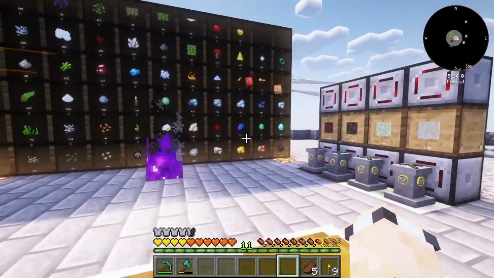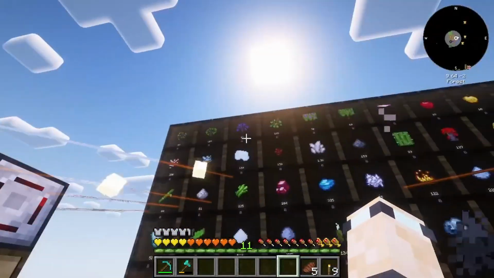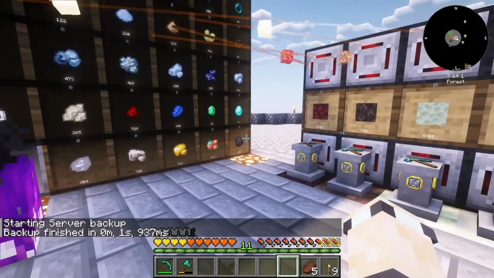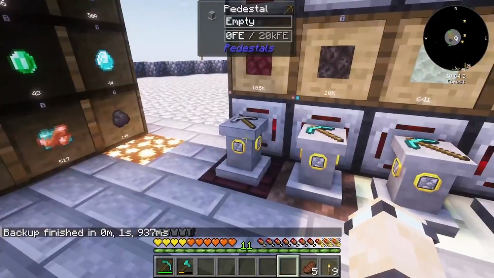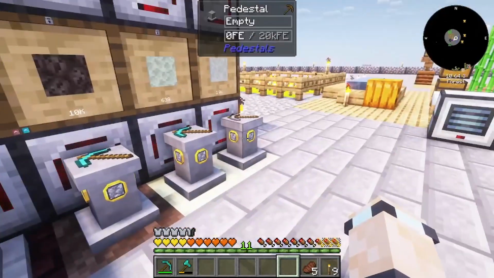Anyway, the reason we wanted obsidian is because then we can make some void upgrades for all of these. And that way, if there is any clog, it will just get rid of it. And we can, like, back up on diamonds, for example. Speaking of diamonds, I might put a diamond pickaxe on...